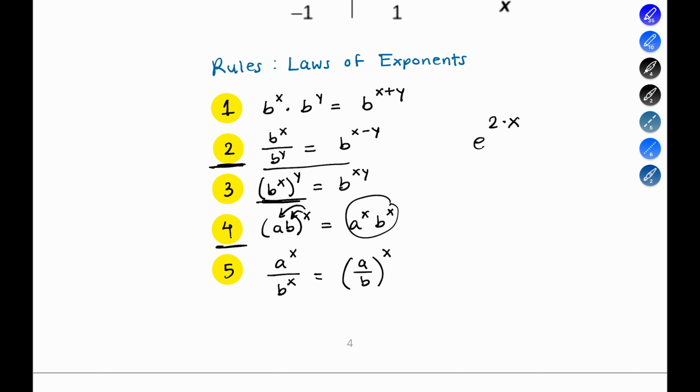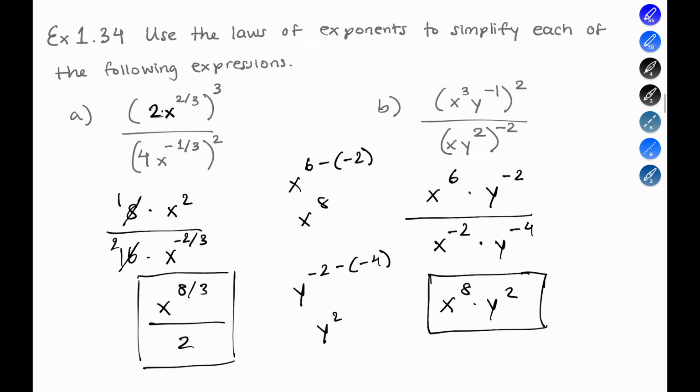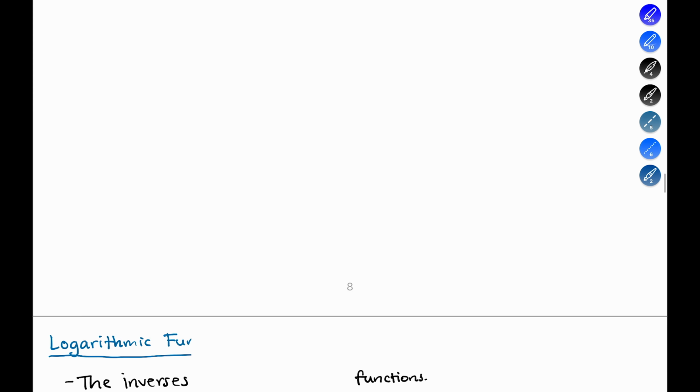And so what we can do is take e to the power of x and take the power of 2 to this total e to the power of x, and if we reverse it again, we will get our e to the power of 2x. So we could write e to the power of 2x as e to the power of x, to the power of 2. So now going back to our problem,